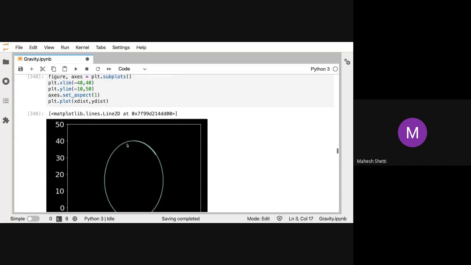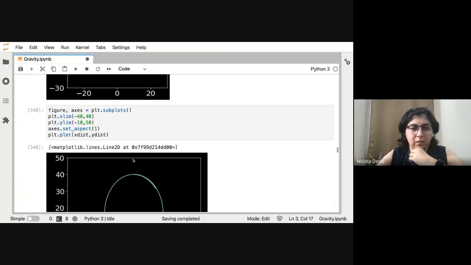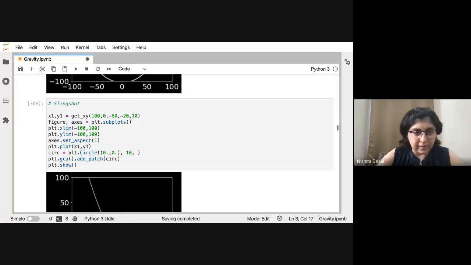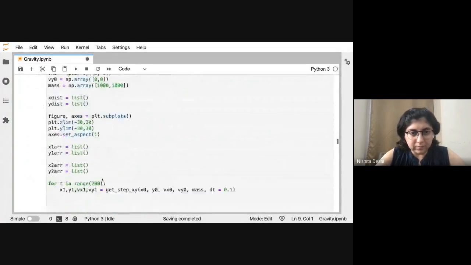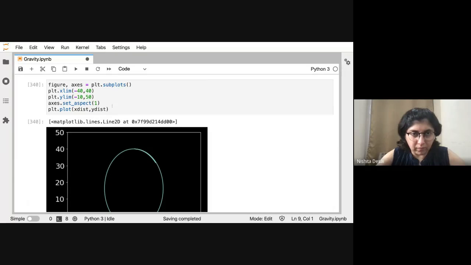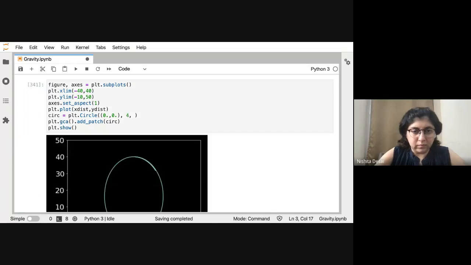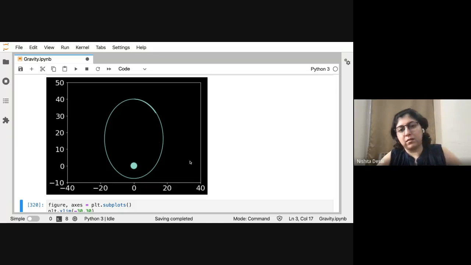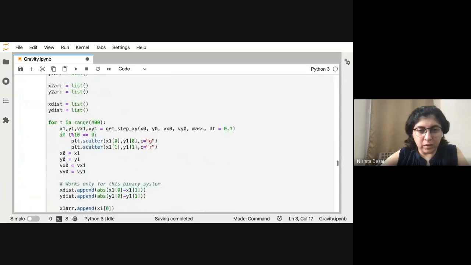So the primary is at 0, 0, and the secondary moves around that. Yeah. Maybe we can also do the circle thing. And it's too big. Something like this. All right. So that was about a binary system,